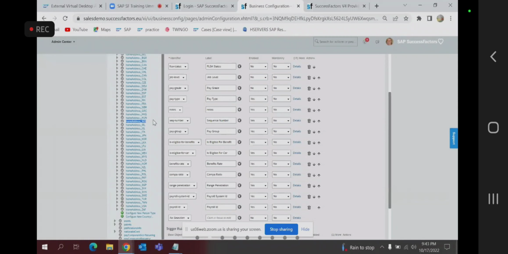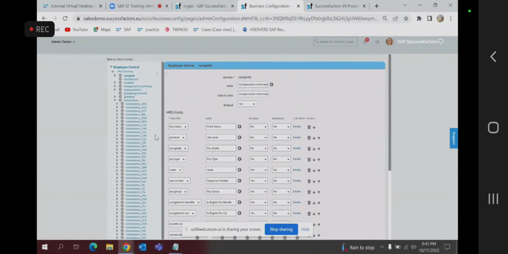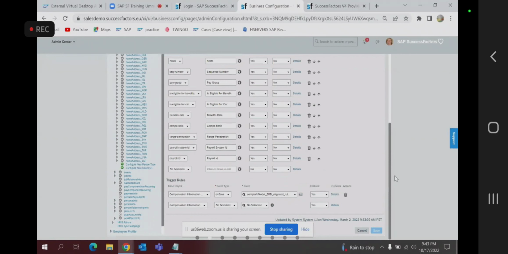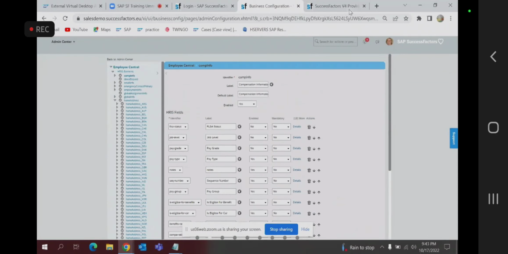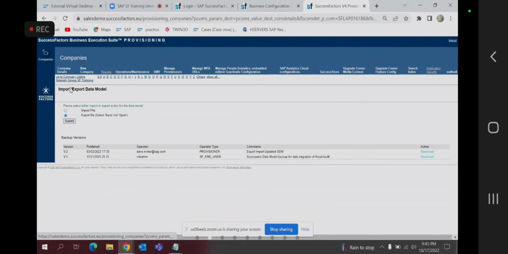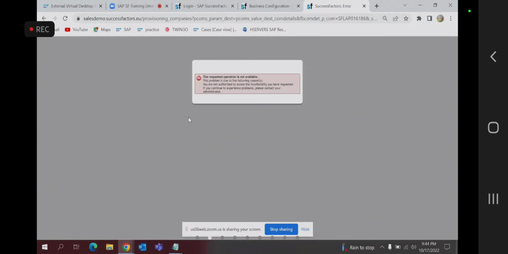Okay, so you get the understanding of how these things have been formed over here by the XML. Anyways, we'll not be using any kind of XML over here. It's only the instance that we'll be using the maximum. The major thing that we will be using in provisioning is, one, the data models that we import and the export that we do. That is the first thing, and then the next thing that we do is